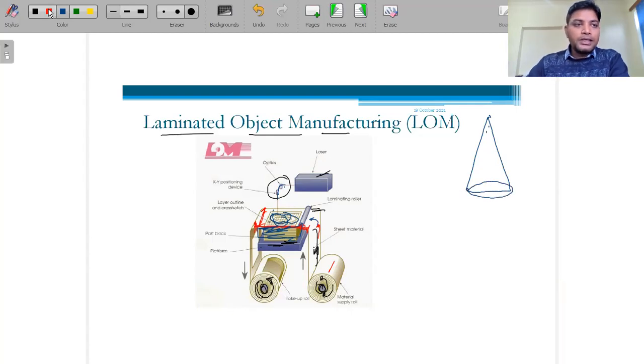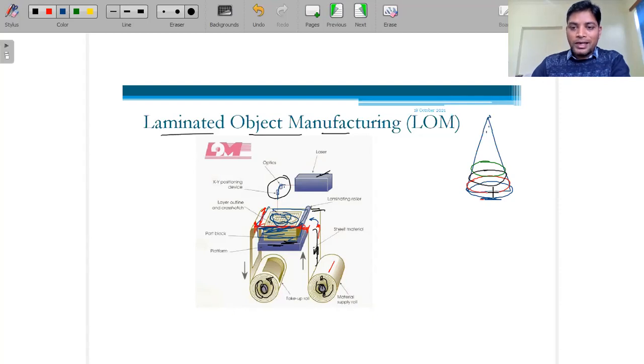If you divide this layer by layer, this is the first layer, the blue one. Now this will be the second layer. The third layer will be this, and the fourth layer will be like that. First this layer is deposited, so we are keeping this sheet over here.